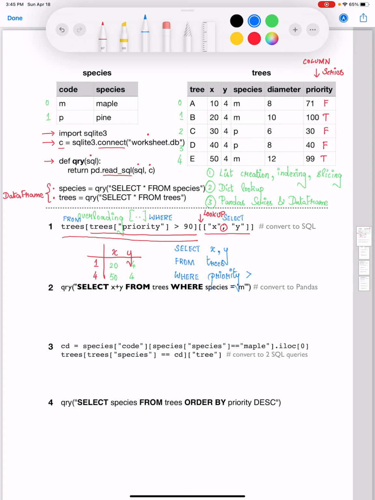I'll go ahead and wrap up this video here. What we're going to go through in the next set of questions is that we will either go through a pandas lookup expression to look up certain values within the corresponding data frames, or a SQL query, and we are going to cover examples where we'll convert one into another. We are going to have the data set using both of those representations, which are going to be database form where we'll write SQL queries, and the pandas data frame form where we are going to write the lookup operations.